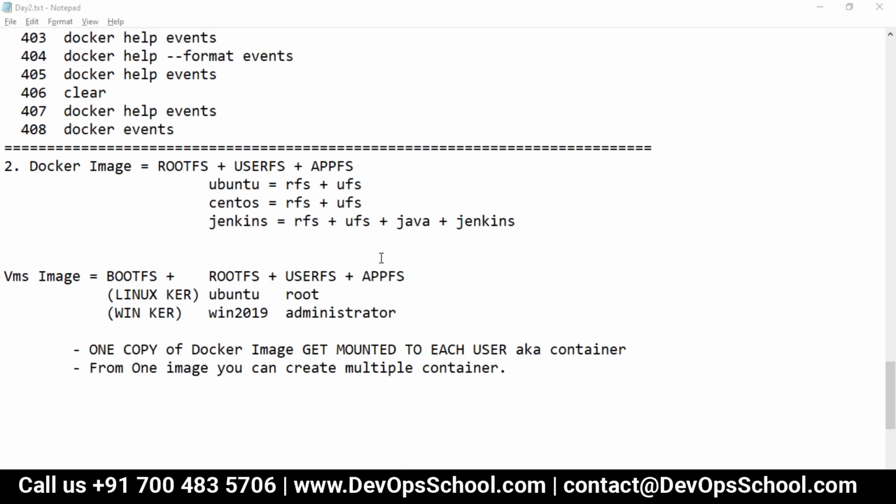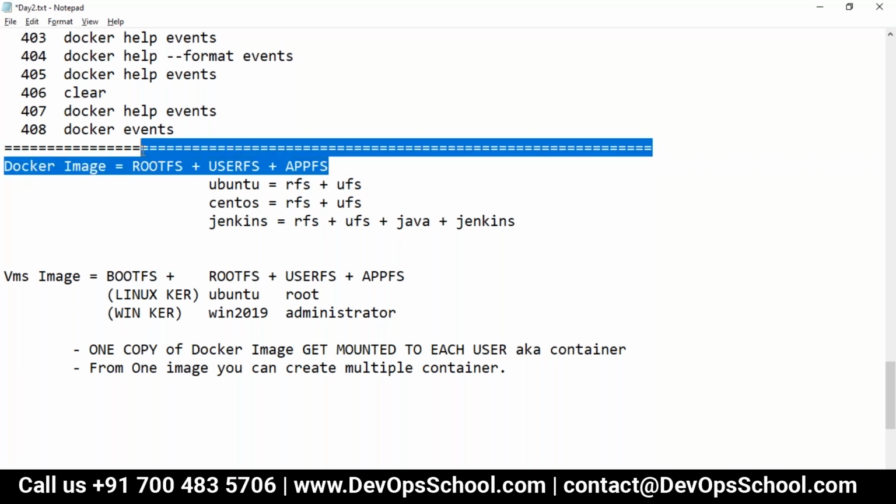Before creating images, we have to understand what an image is. Yes, you must be thinking I already taught you what images are. I said very clearly that a Docker image is equal to root file system, user file system, and application file system.